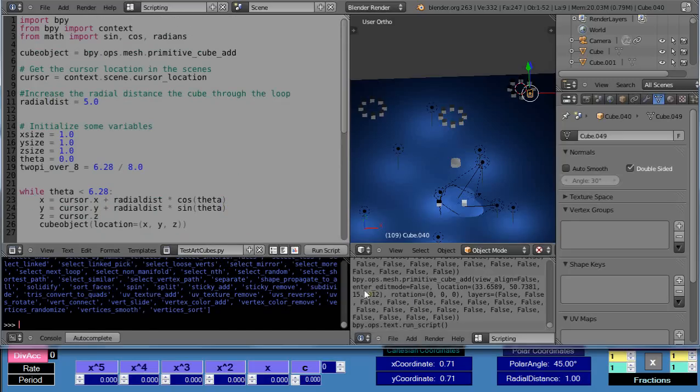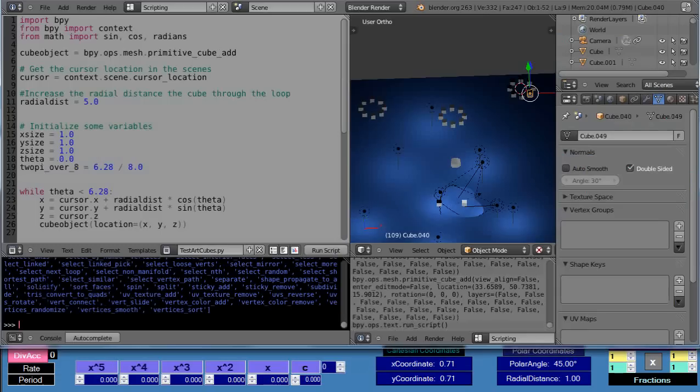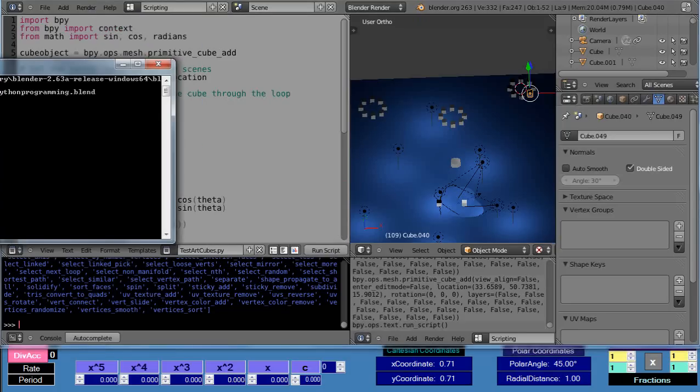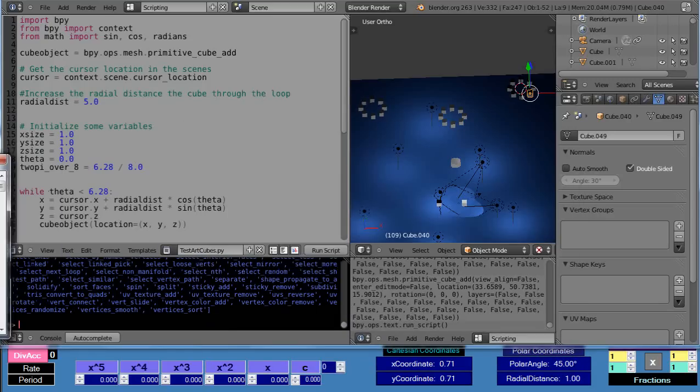And there's one other thing you can look at right over here in the console window. And this is not the same as the programming console window. In fact, maybe I can pop up that programming console window real quick and show you. I don't have it running right now, so I'll get it running real quick. Help. Here's this console, the system console like this. So that'll tell you what's happening within your programming code. But this console allows you to look at, say, the value of things like, for instance, a cube object is this